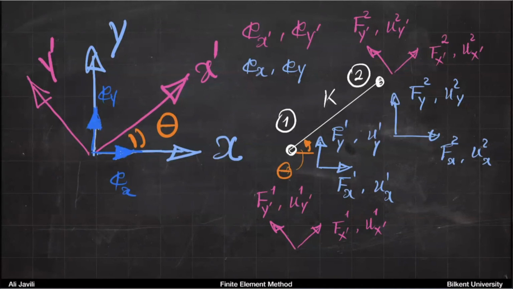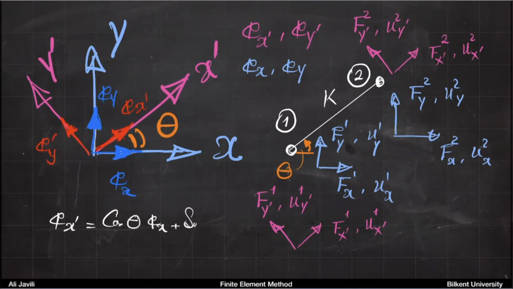Okay, and then let's say in the prime coordinate system, these two basis vectors would be like this. So that would be now your Ex prime, and this would be your Ey prime. Now all you have to do is to write the relations based on the angles between the two. You can quickly see that Ex prime is cosine theta times Ex plus sine theta times Ey, and Ey prime